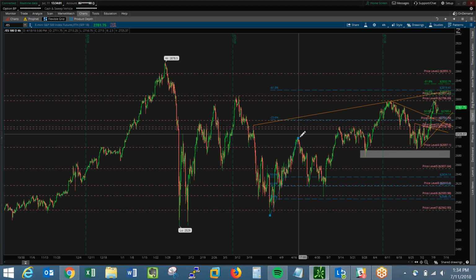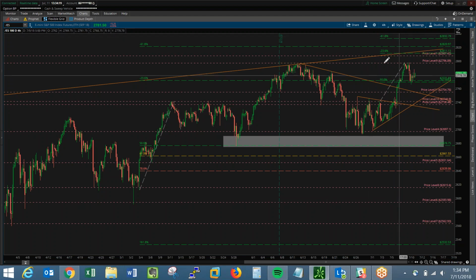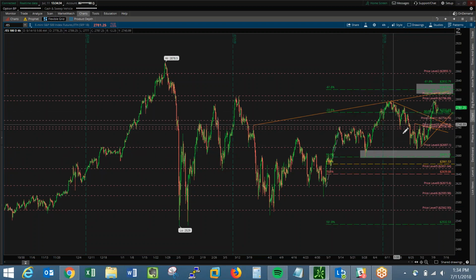So if we're looking at some of these runs here, you've got this zone that built itself out really nicely that we haven't come back up to test. Now if you remember this fib from a while back, we tested that 50 perfectly, hit profit targets, pulled back hard, and